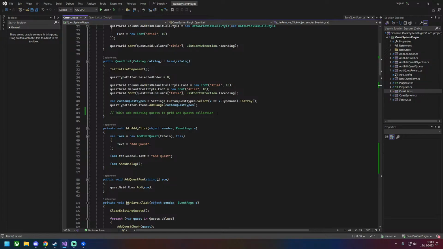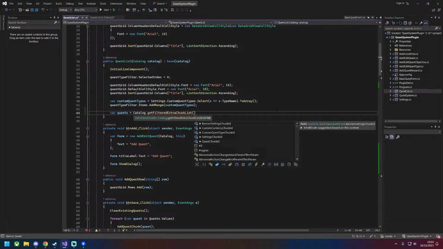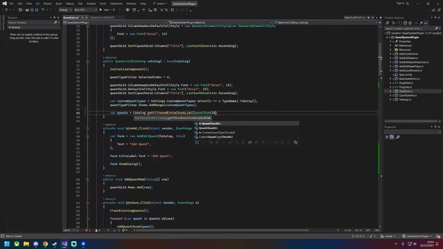So with that in mind, I should just be able to do quests catalog get filtered extra chunk list, and I think it's just going to be quest chunk ID. It's a static thing,